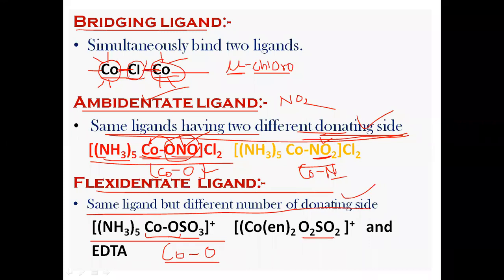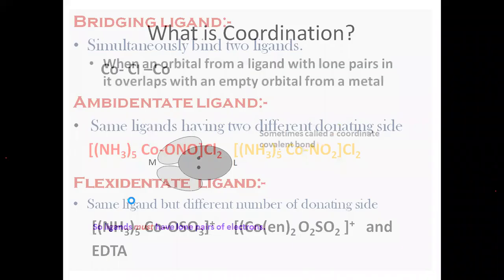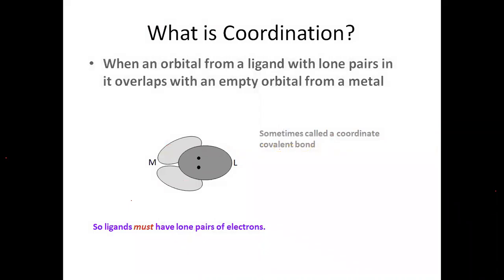यहाँ पे सेम स्ट्रक्चर है, सल्फेट है, बट यहाँ पे हमें कोबाल्ट और उसके साथ में 2 ऑक्सीजन की बॉन्डिंग देखने को मिलती है। ठीक है, मतलब लिगैंड तो एक ही है, SO4 है, सल्फेट है, बट यहाँ पे जो बॉन्डिंग हो रही है उसका नंबर डिफरेंट है, क्योंकि डोनेटिंग साइड डिफरेंट है। अब इस स्ट्रक्चर में एक डोनेटिंग साइड है तो इसमें 2 डोनेटिंग साइड होती है, तो इस वजह से यहाँ पे एक बॉन्ड और यहाँ पे 2 बॉन्ड बनता है, तो इसे कहते हैं फ्लेक्सीडेंटेट लिगैंड। ठीक है, तो इस तरह से हम लिगैंड को समझ सकते हैं, जिसका क्लासिफिकेशन हमने देखा।